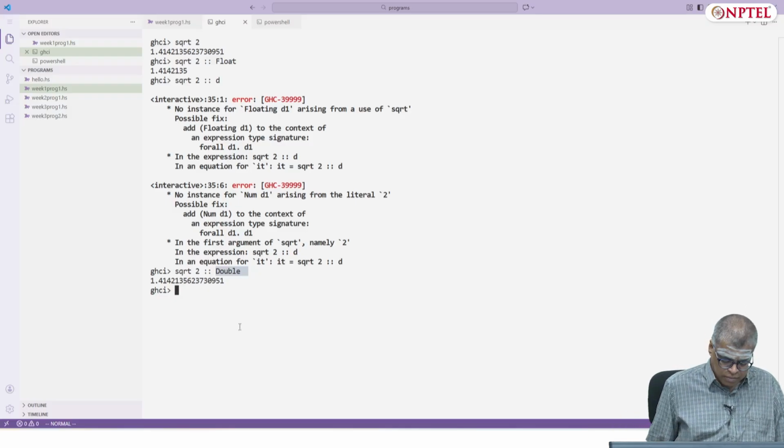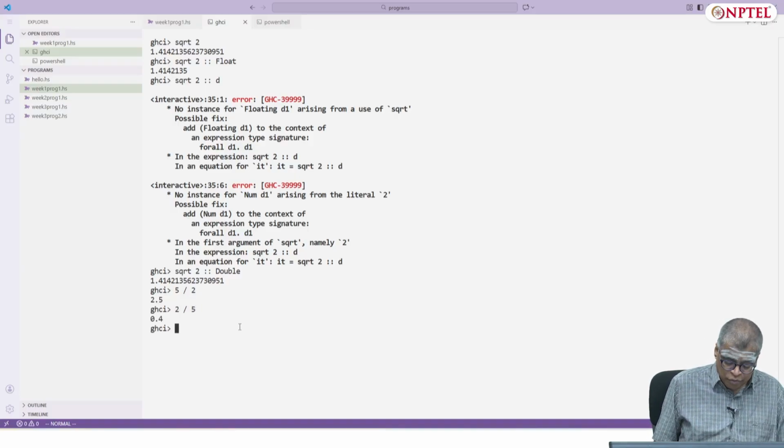Note that square root will, even if you give it an integer as input, give a floating point number as output. We earlier mentioned that I could do 5/2 and I'll get 2.5. See, you get a decimal number. I can do 2/5 and I'll get 0.4. Whereas if I do div 2 5, I'll get 0.